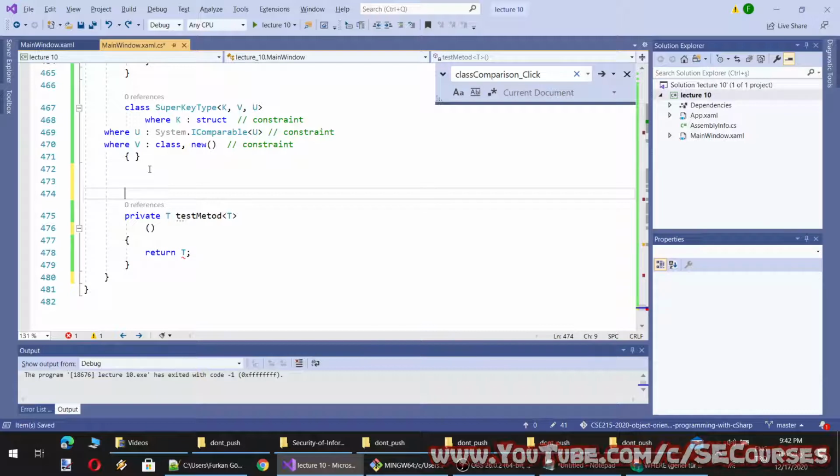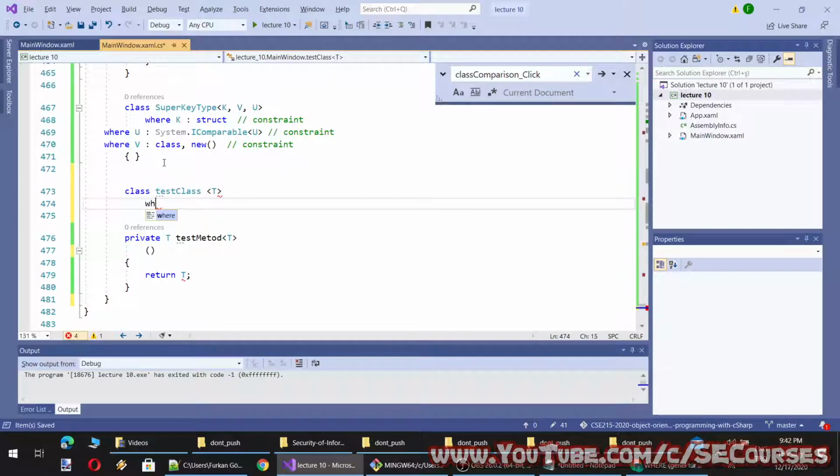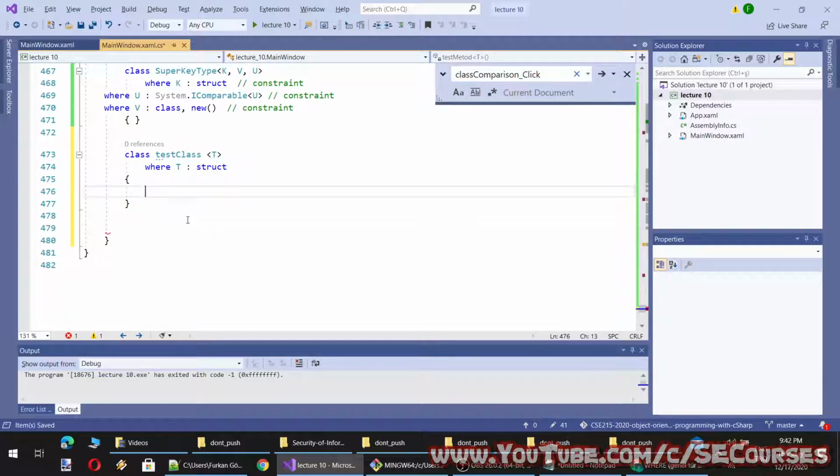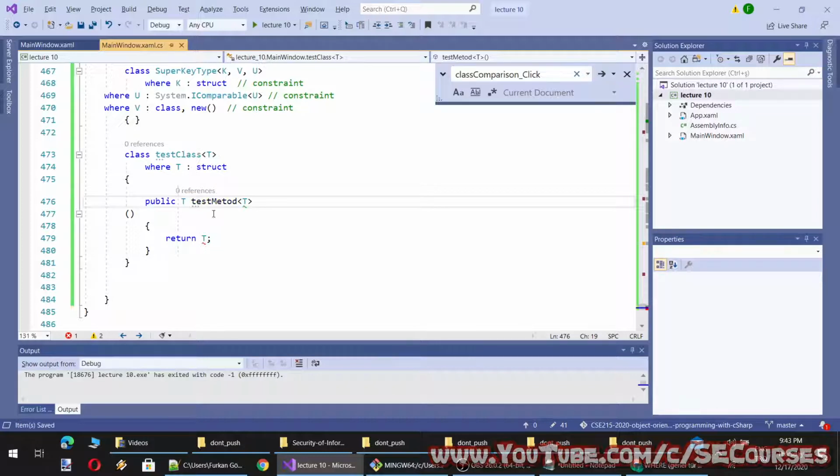To do that, I have to do it like this. A class like this, where T is a struct, and then inside this I have to define my generic method. Okay, we'll make it public. So now I can use this with the constraint of this.